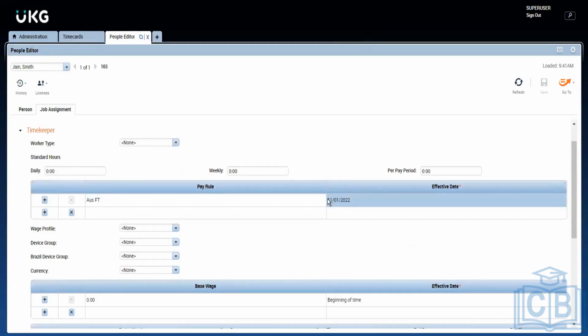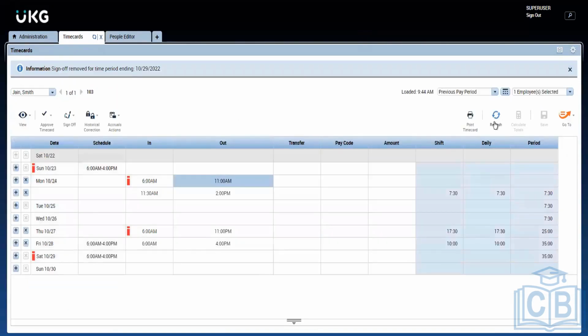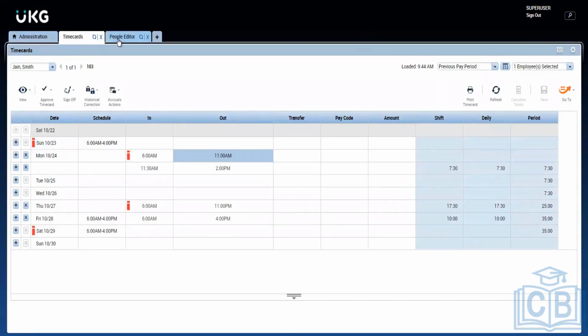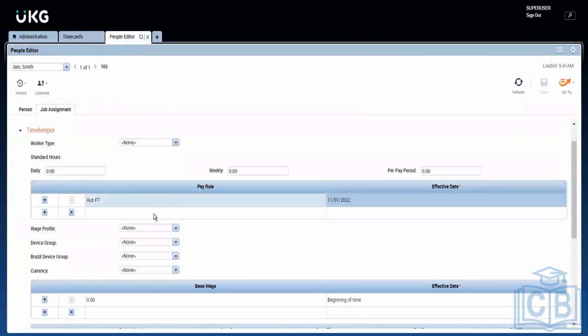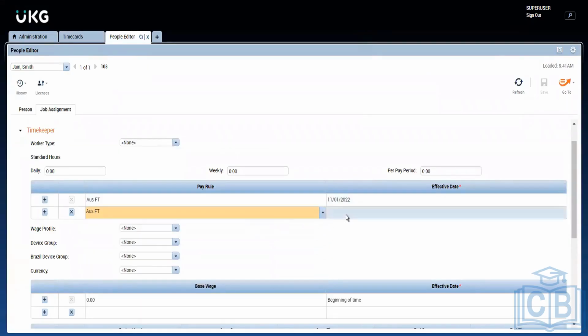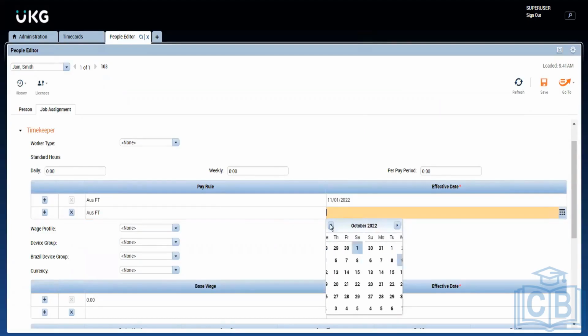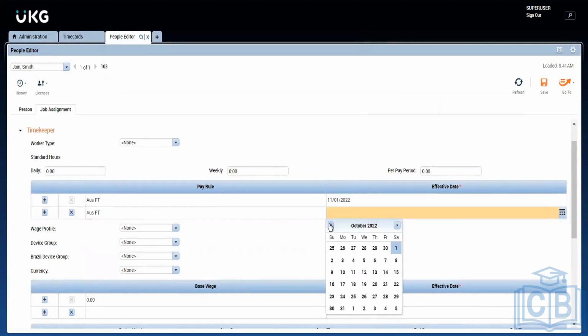So we need to test what previous date means. I need to give it a little bit back. A previous pay period is okay, somewhere around 10.23. This payroll with the effective date of 10.23. Sign off, we can test it only on the previous pay period. 10.23.